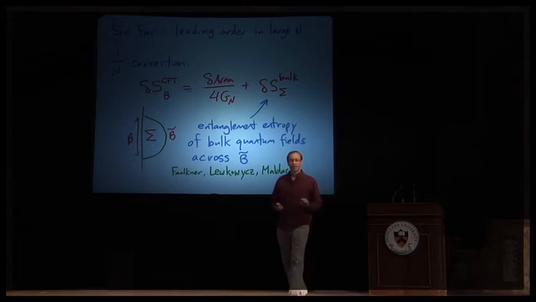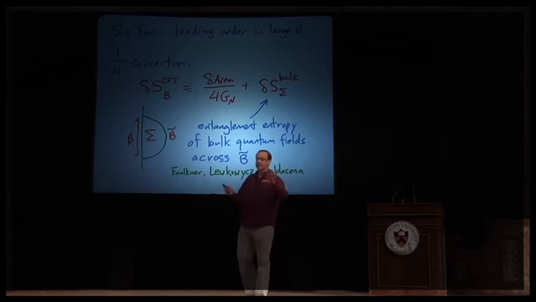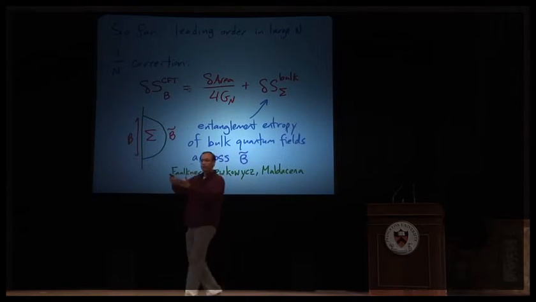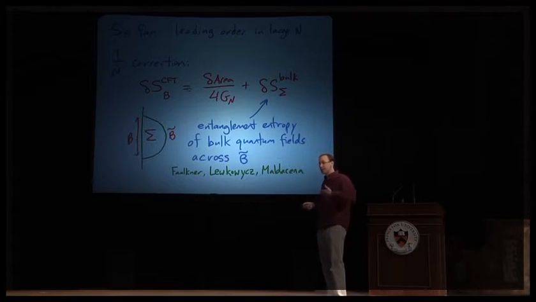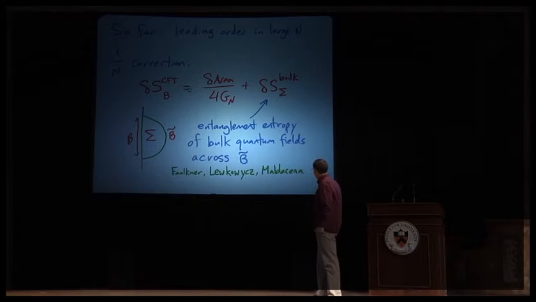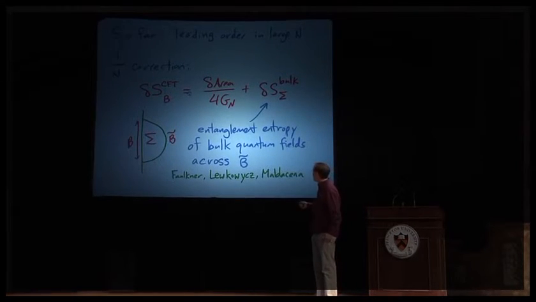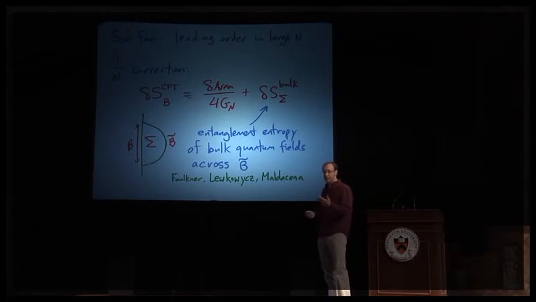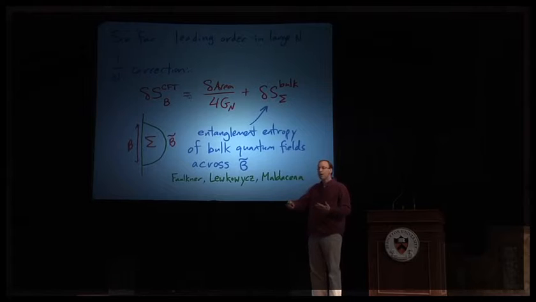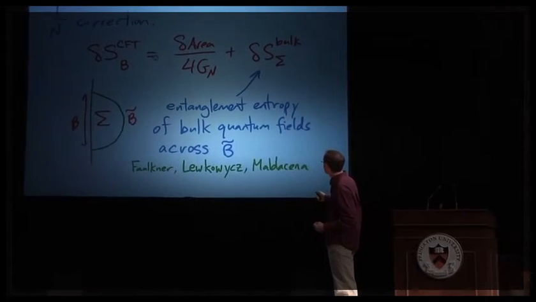So far, all of that was at the leading order in large N. When we made our assumption that the entanglement entropy was equal to area in the bulk, that's actually understood to be a large N statement. It doesn't include bulk quantum corrections. Fortunately, there has been a recent proposal by Faulkner, Lewkowycz, and Maldacena for how to interpret CFT entanglement entropies beyond leading order in large N. So what are the 1/N corrections? Or equivalently, what are the G Newton corrections on the gravity side? And their formula says that